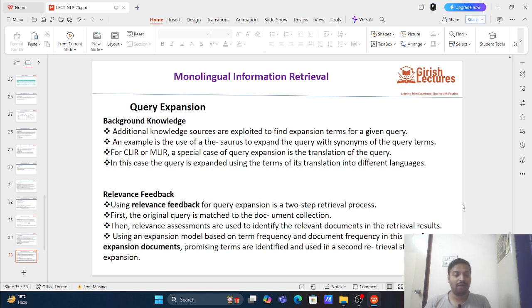Because we might have a very huge corpus of data, that corpus might contain many documents, and not all documents might help you to provide the result. The very good result will be identified from some particular documents. Those documents will be identified from very good relevance. That relevance is especially taken care of in monolingual information retrieval systems by identifying the scores, whatever we have seen, your term frequency scores. Okay,